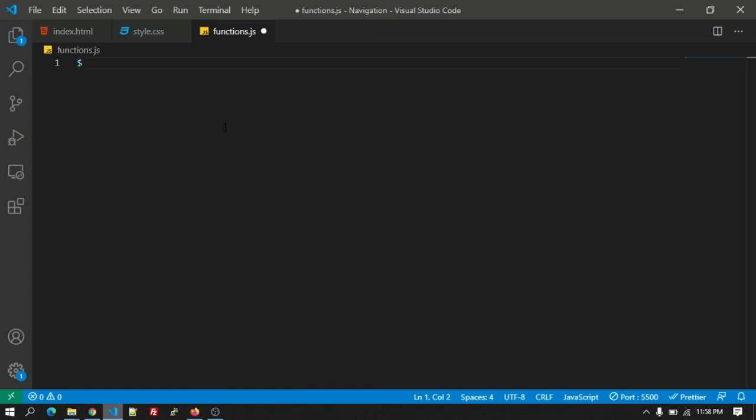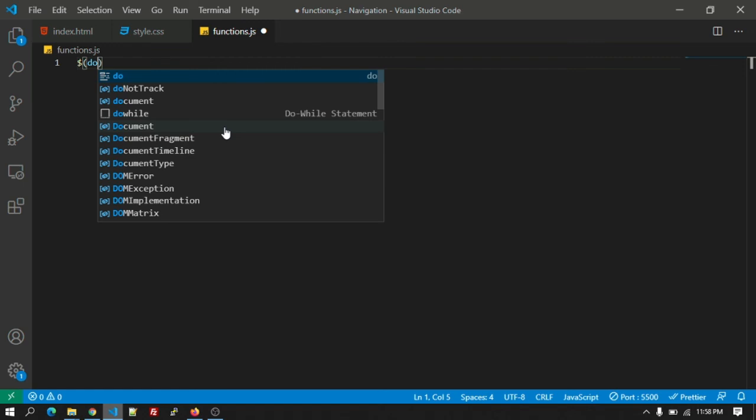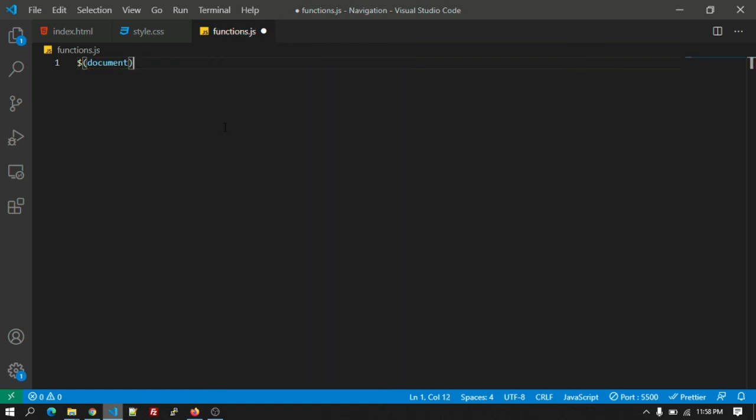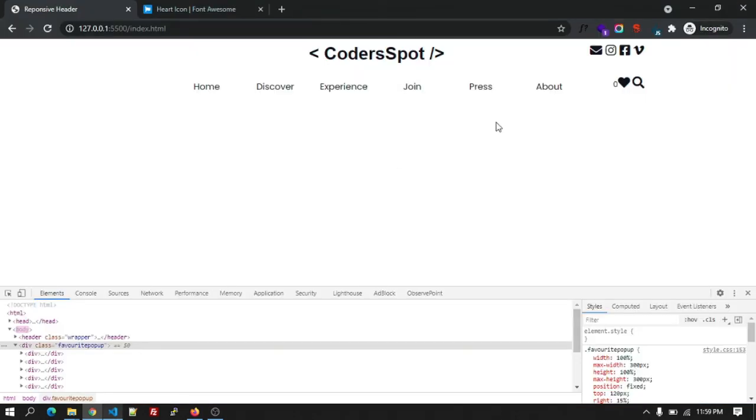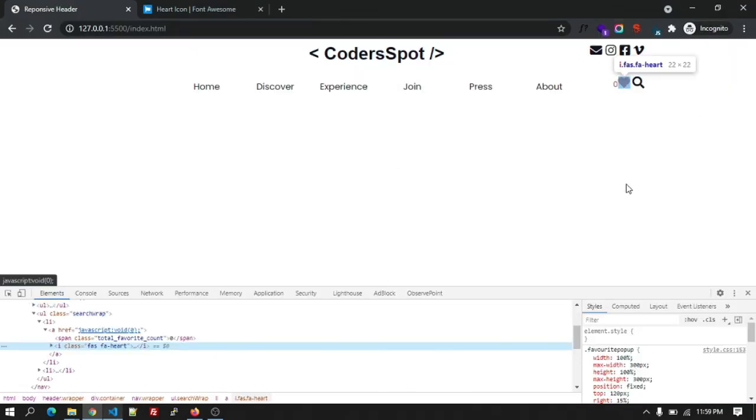Let's add the document ready function. So after clicking on the heart icon, so this is the heart icon, right?